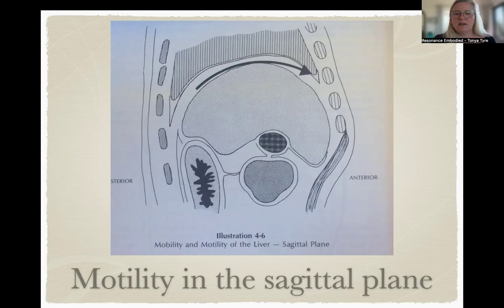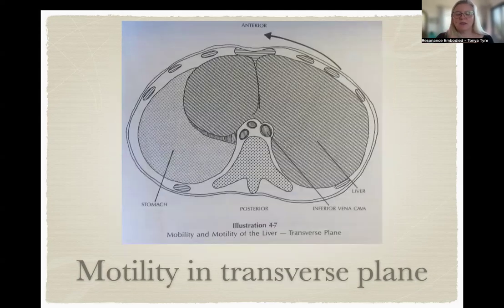Here's the next plane, and this is motility, sorry, in the transverse plane. Again, I wish the arrow was double-ended, because as much as the movement of the liver is towards midline, it also will move away from midline. So again, put your hands on your ribs. This is a very horizontal motion, and it's just moving towards midline